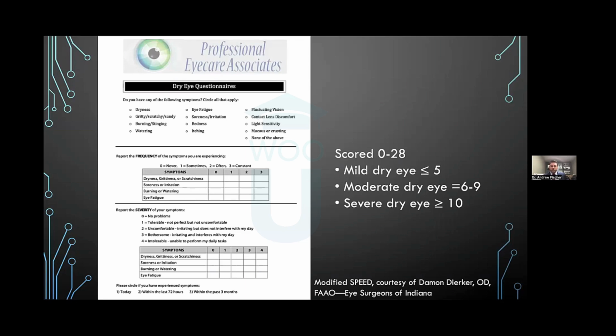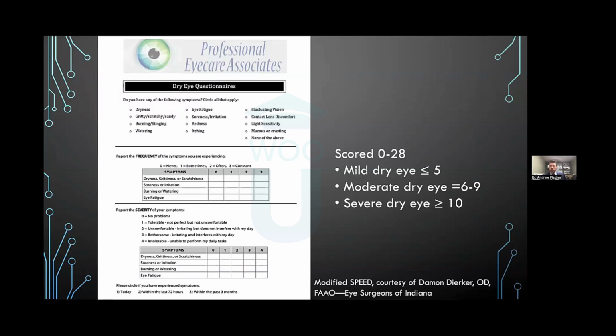And everybody has their own cutoff on when they really dig into the dry eye more in depth for these patients. So for me, when I see a SPEED score of 8, that kind of raises my red flag of, maybe we need to bring you back in, talk a little bit more, investigate this as well. So 8 is kind of my cutoff. I've seen some clinicians as low as 5 or 6, and some stretch it up to 12 or 13 to wait for the more severe. But in my opinion, if we identify dry eye early, it's one of those diseases that if we identify and stop the progressive damage to the eye, we can have a lot better outcomes rather than wait for it to be too late.